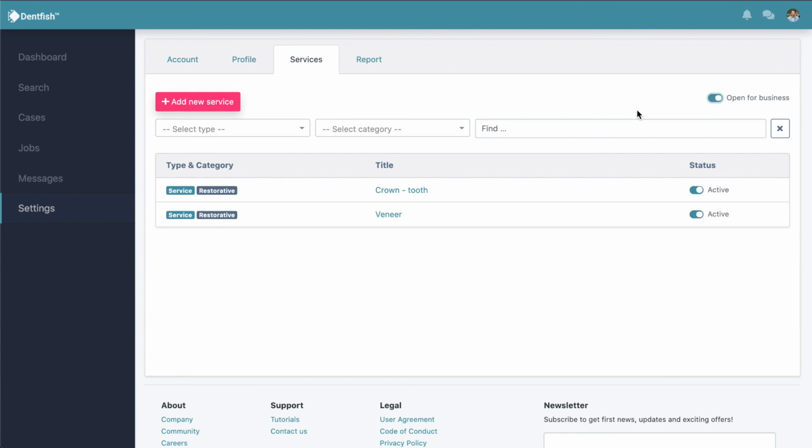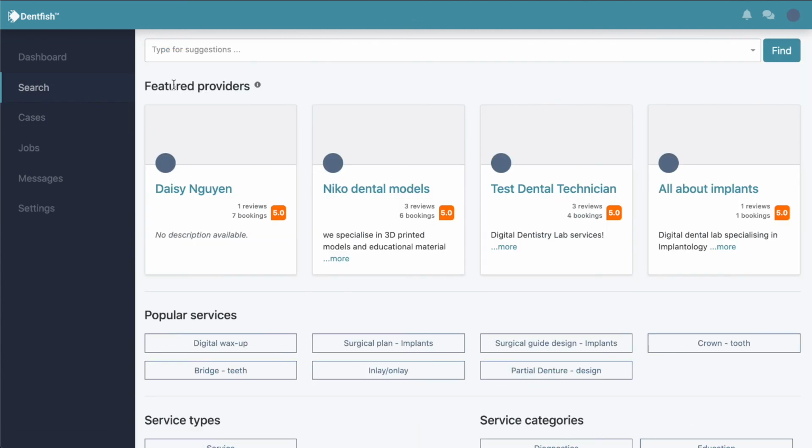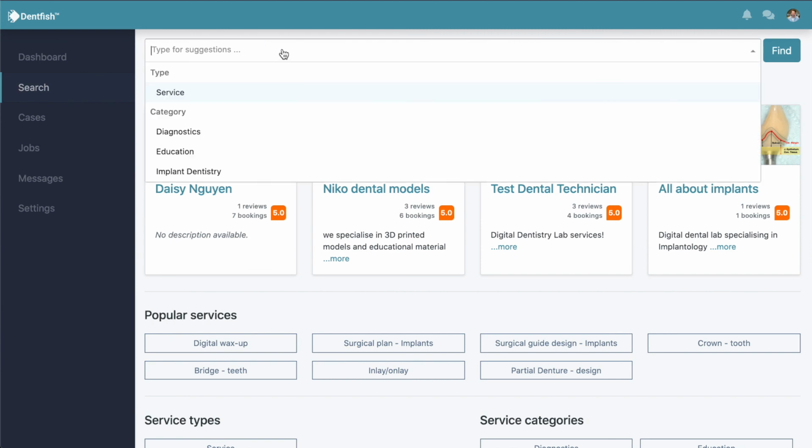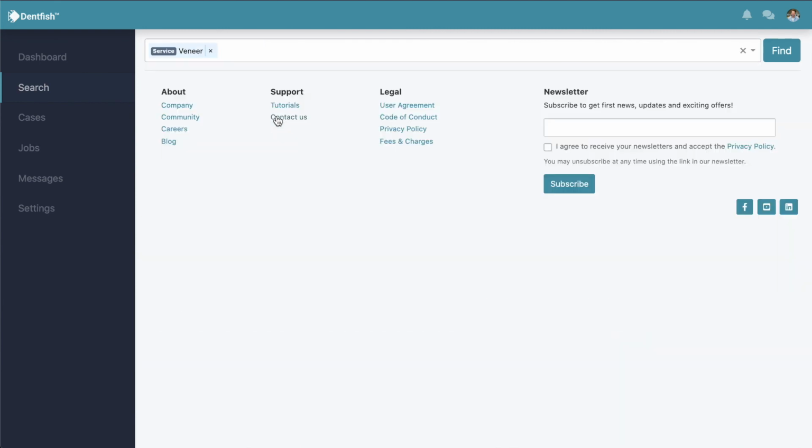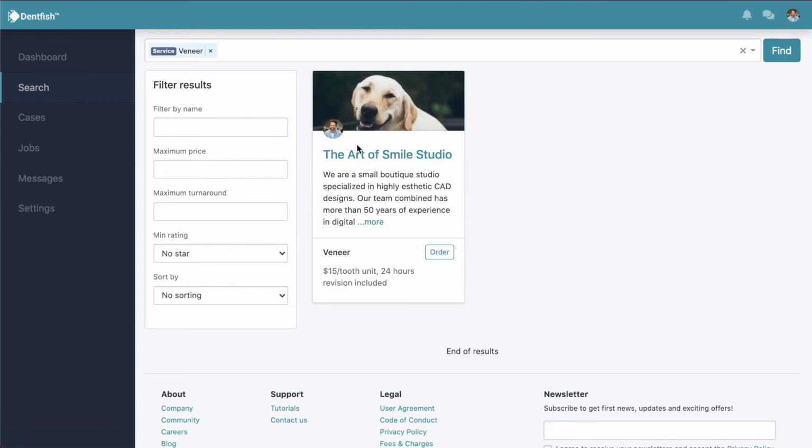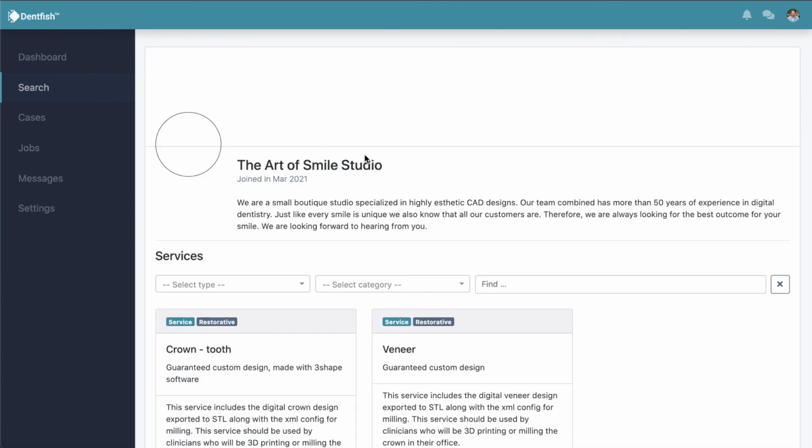it works. I have now just opened the business here. You can also see that the little warning here disappeared. And indeed, if we were to go now to the search, and we're going to look for a veneer, for example, there you go. We get the Art of Smile Studio in a search result for veneer, and we can